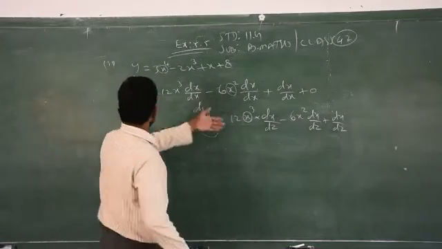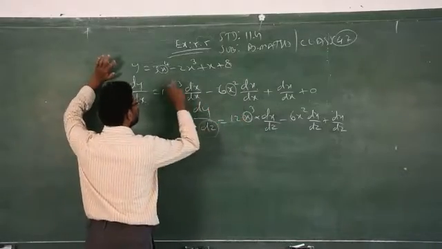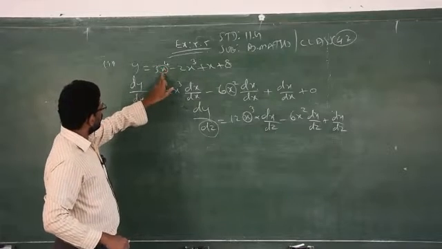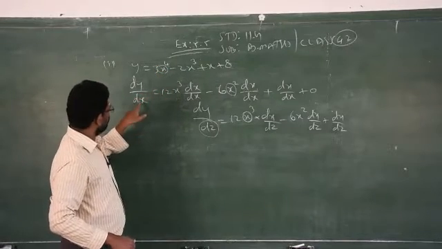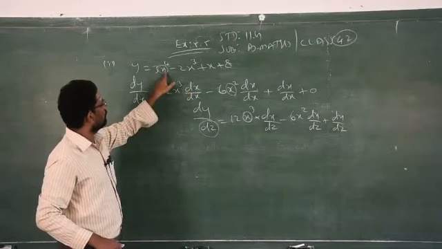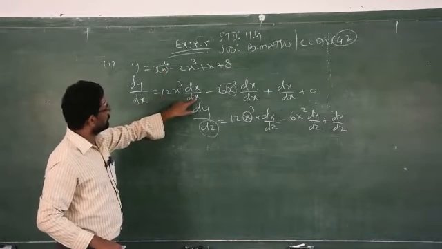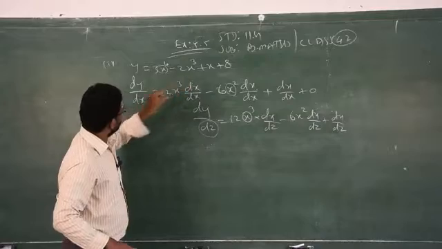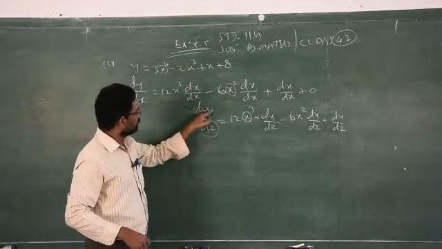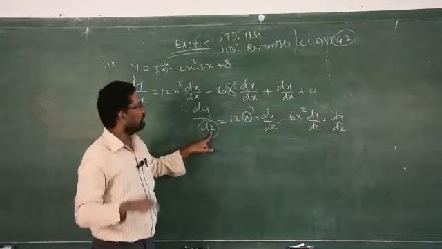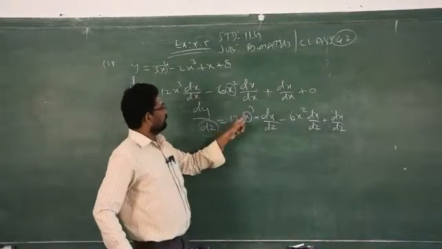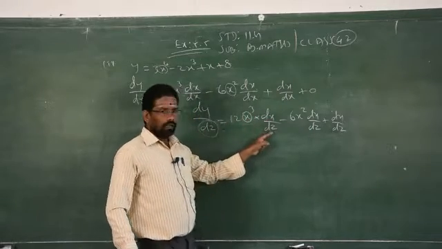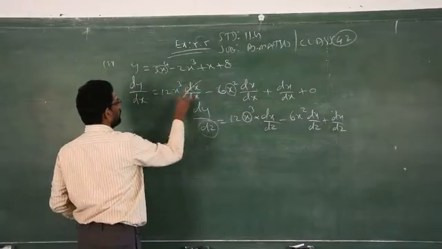Clear? Now, you have to compare these two. When you go for differentiation, first you have to take the power of the variable x. So, I am doing that. Then you have to differentiate the variable with respect to the x variable. So, I am writing d, differentiate the variable x again with respect to x. First the power of the variable x, then you differentiate this x with respect to x again, but whereas you are differentiating the function y with respect to z, first as usual you have to take the power of x, then you have to differentiate x, dx, with respect to what? Z variable, dx by dz. Here dx by dx gets cancelled.